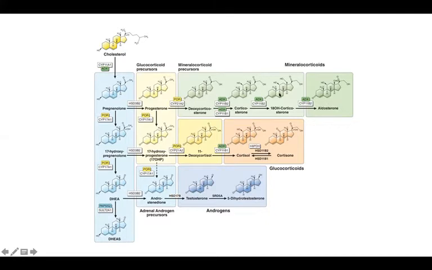Or what we are focusing on today is the aldosterone pathway. So cholesterol makes pregnenolone. From pregnenolone we get progesterone. Progesterone then gives us DOC, that is deoxycorticosterone, which gives us corticosterone and 18-hydroxycorticosterone, getting converted finally into aldosterone. So these three pathways, the aldosterone, glucocorticoid, and adrenal androgen pathways, all begin with cholesterol entering into the adrenals.